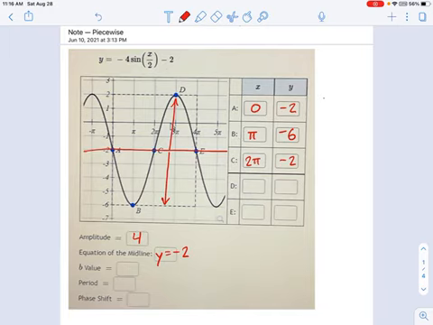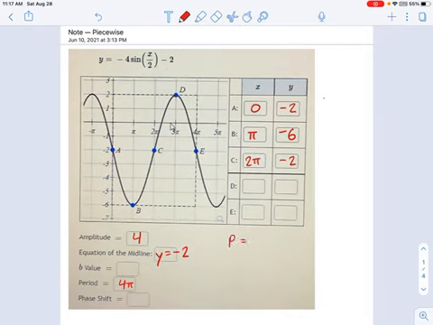Now, in terms of the b value, it's very difficult to get the b value from just looking at a graph. You have to do a little bit of equation work with that. So what you're going to be looking for is the period. Once we know the period, we'll get to the b value. So first, I really want to talk about the period of this function, and that's not obvious from the equation. For that, you might want to just look at the graph, actually. You see this one goes from 0 all the way over to 4 pi. So the period is 4 pi. And now we can use that to figure out the b value.